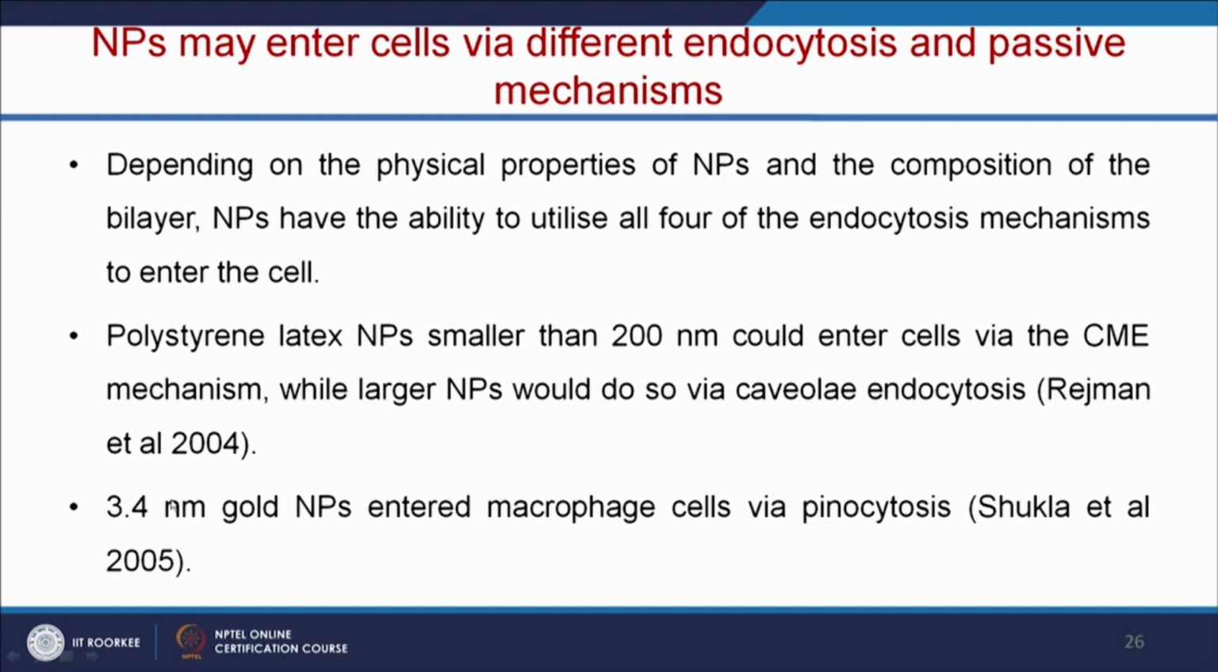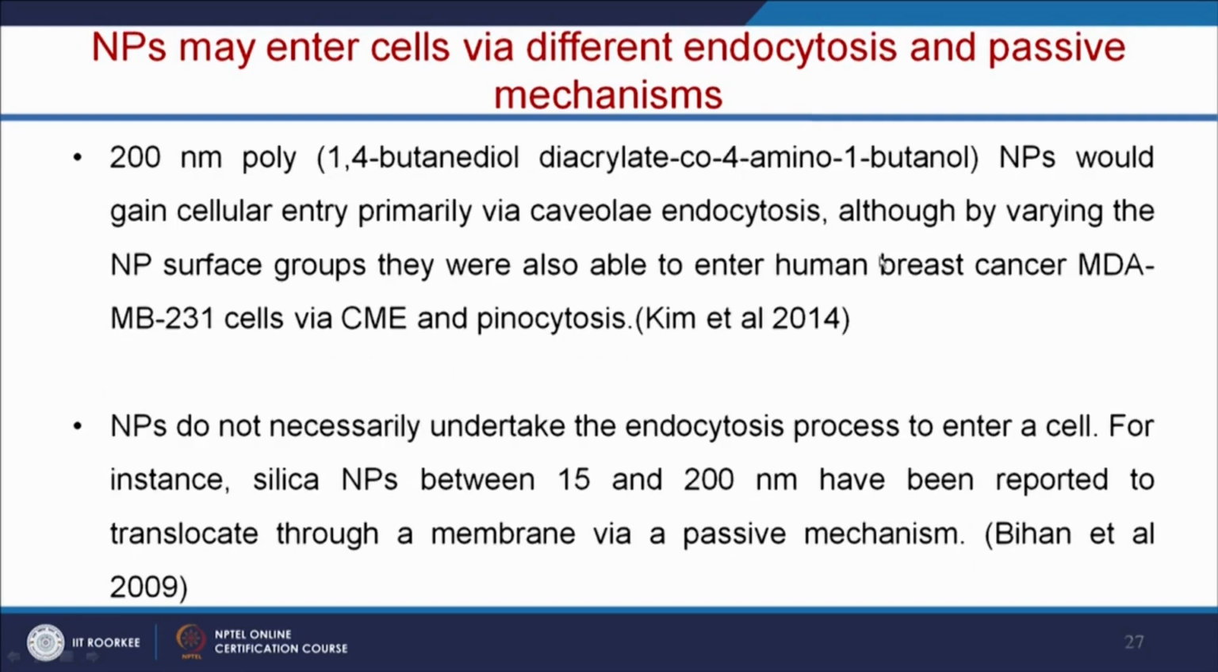And the gold nanoparticle with a diameter of 3.4 nanometers can enter macrophage cells through phagocytosis, and 200 nanometer polymeric nanoparticles would enter the cells through caveolin endocytosis. By changing the nanoparticle surface groups, they can also enter cancer cells by CME as well as phagocytosis. Based on the surface charges, again the mechanism of cellular uptake will vary. Here the nanoparticles do not necessarily undertake the endocytosis process to enter the cell. For example, silicon nanoparticles between 15 to 200 nanometers have been reported to translocate through the membrane through a passive